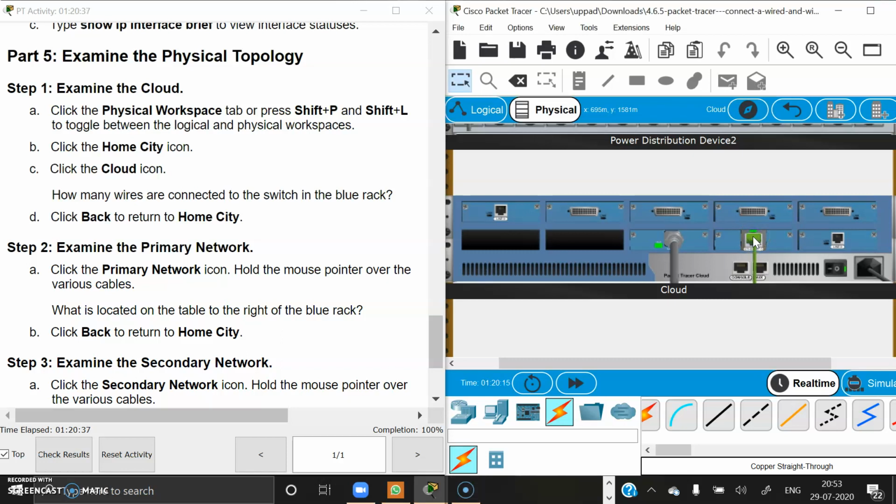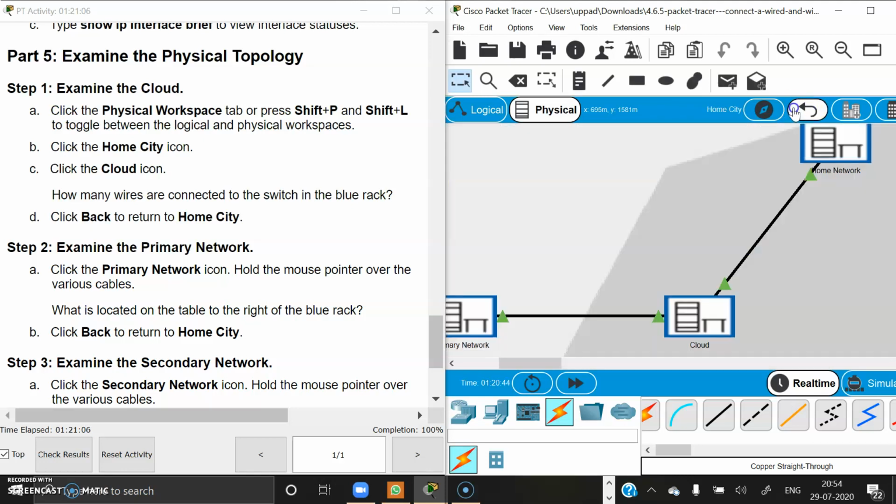And also we can see a description when I point the mouse. It will show the source device, the destination device, the cable that we used, and the length of the cable also. Okay, so here we can observe the source device is the cloud and the source port is Ethernet 6, and the destination device is router 0, along with the total cable length and the cable type.